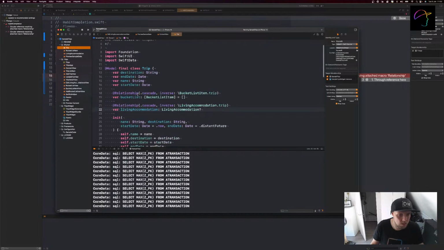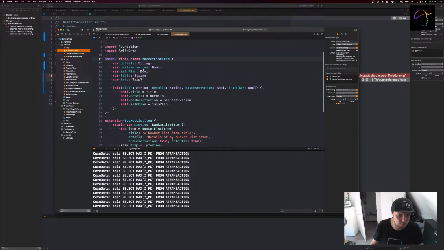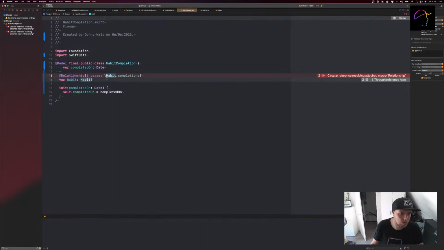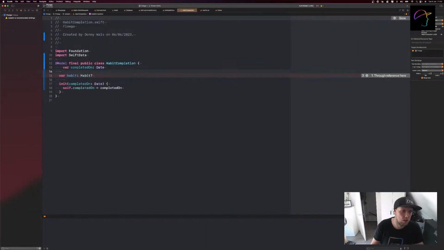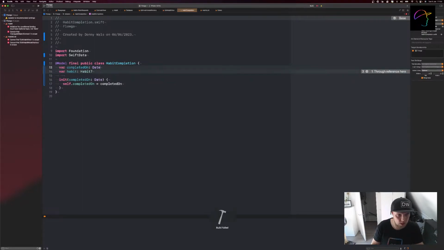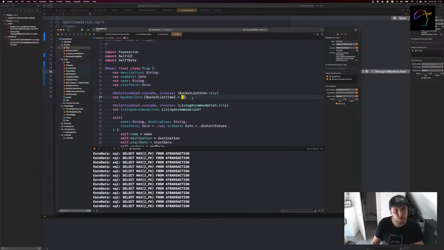So here they have a trip, which does it that way. Okay, so only one of the two should be marked as a relationship. So if I have this, okay, so it looks like if you define a relationship, then, for example, here trip has a bunch of bucket list items, then one of them is going to have the @relationship attribute where we say this is the inverse for this relationship,